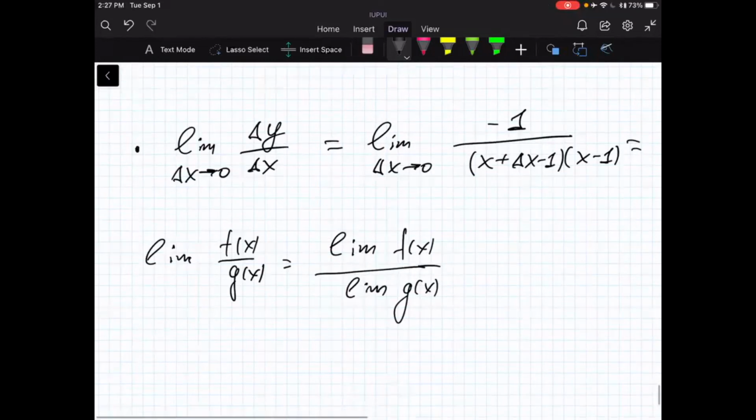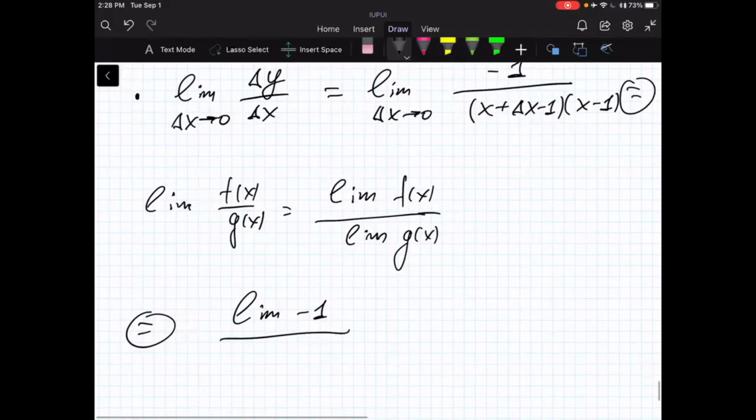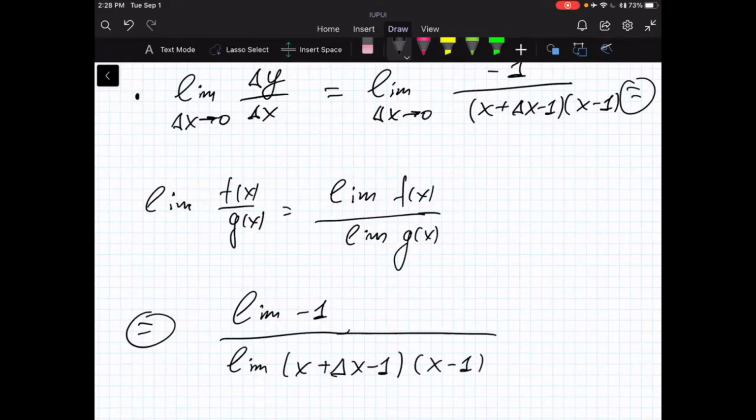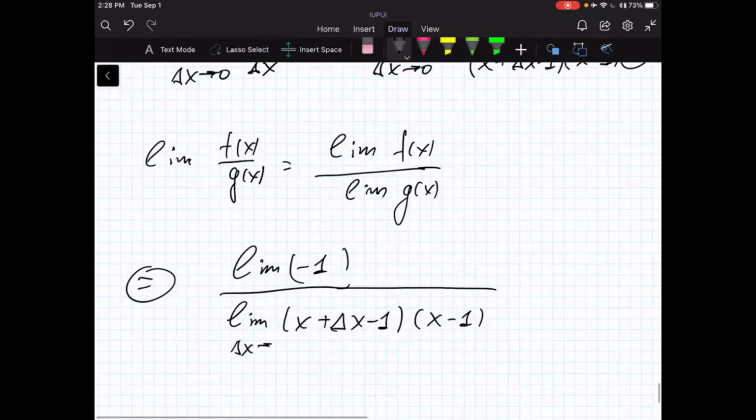If some conditions are satisfied, such that both limits exist and the limit of the denominator is not zero, I can rewrite it as a limit of -1. I will skip delta x because it will help save the place. And I have this x minus 1. And now again, I can use the